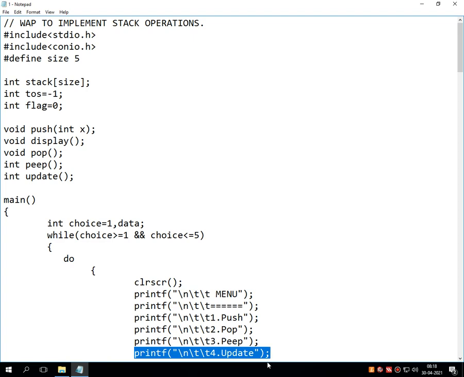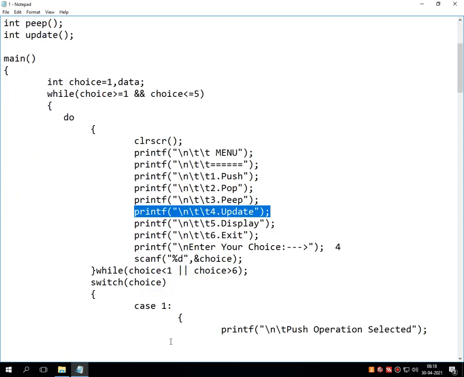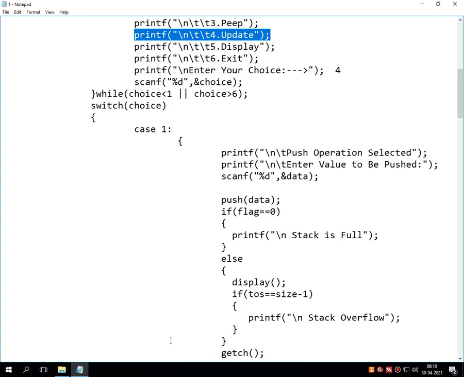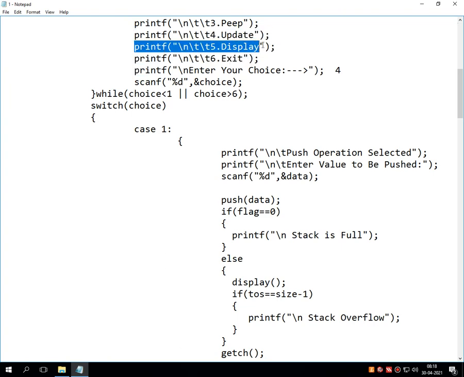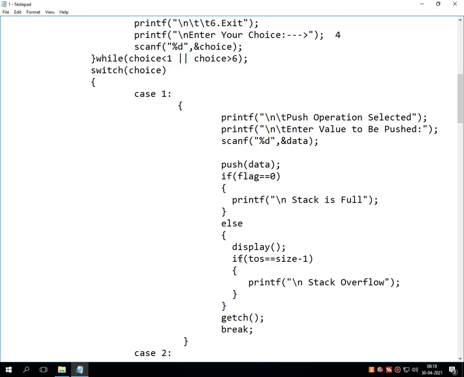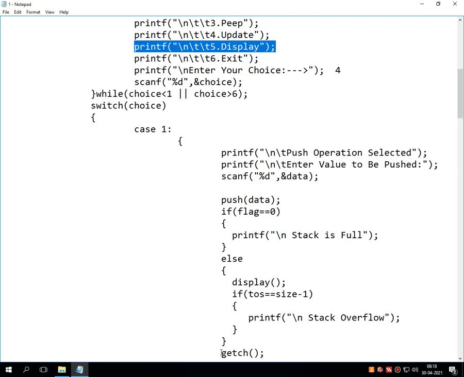Fine, this is sufficient time. Now again pause your video and write down the logical lines from display to the getch function.